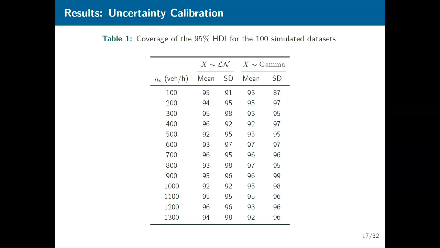So coverage, in the sense of when you get a specific data set, you can apply your methods, apply your magic, and then get a 95% interval out. Does that contain the true value 95% of the time? If it does, then it has roughly the correct frequency coverage. And that's what we're showing here with the coverage of the 95% HDI for each of the data sets. If things look right, that should be all around 95, and it looks pretty good to me, except maybe for the standard deviations of gamma when Q is equal to 100.